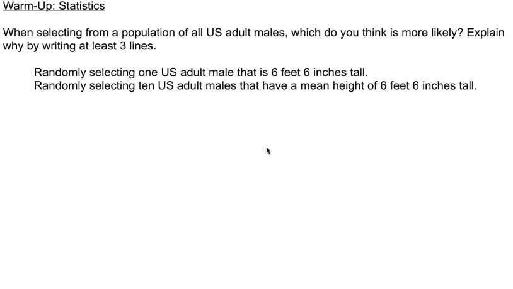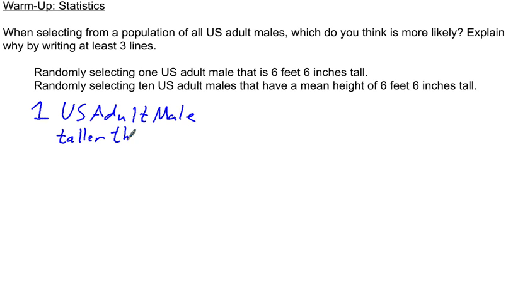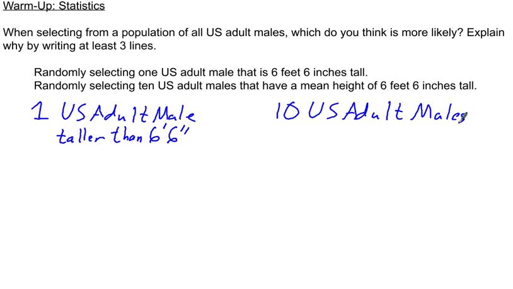All right, if we look at each situation here individually, we have one U.S. adult male taller than 6 feet 6 inches, or we have 10 U.S. adult males whose mean, using X bar, is greater than 6 feet 6 inches. If we're looking at just the distribution, we know from before that